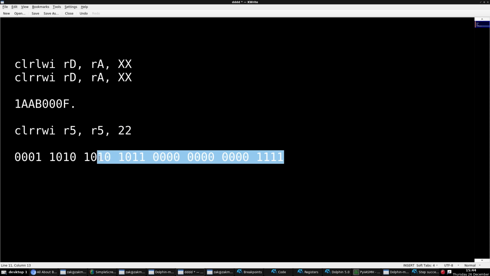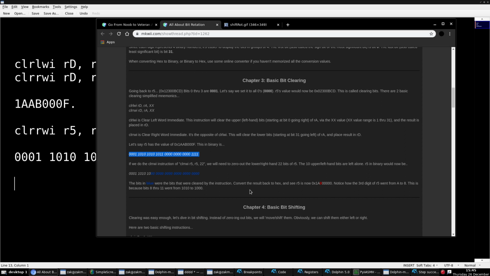And what does clear mean? Clear means set whatever bit it is to 0. So keep in mind, this is our hex value for R5 beforehand. We're going to clear all these bits on the right side. 5, 6, 7, 8. Thus, R5's new value is,